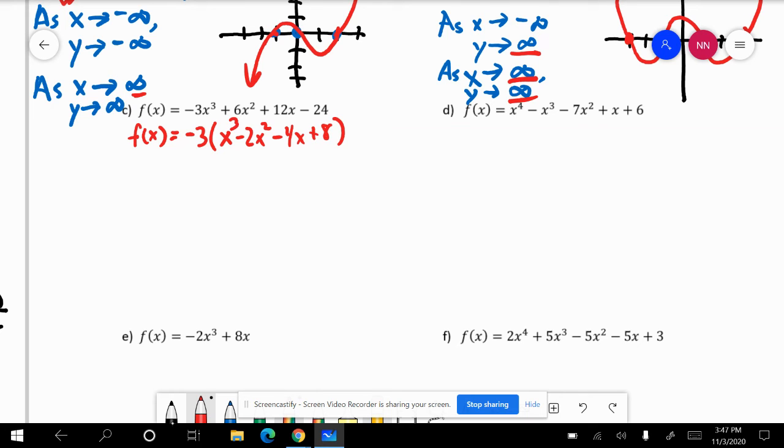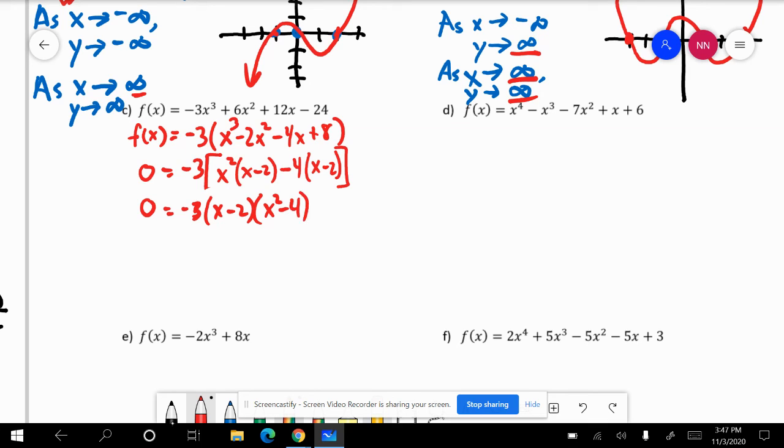Then I continue to see, and I'm going to set it equal to 0 because I'm going to find the zeros. I see that I have an x squared in common. So I'm going to factor out an x squared, and then I get an x minus 2. See that the -4, and that's an x minus 2. And then they both have an x minus 2 in common. And then an x squared minus 4. And if I continue to factor it,